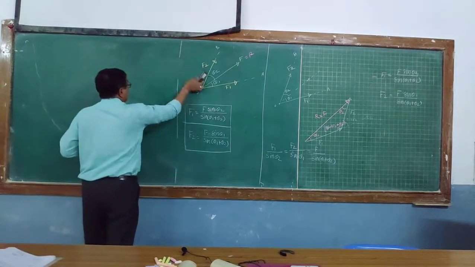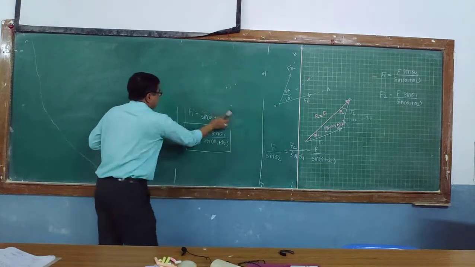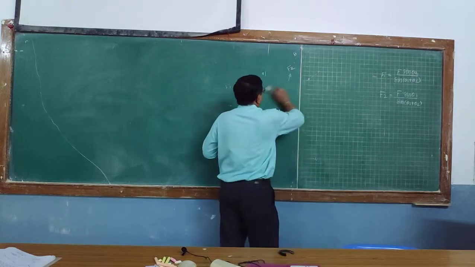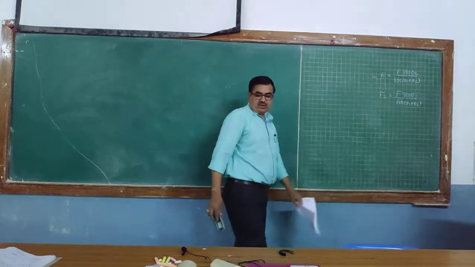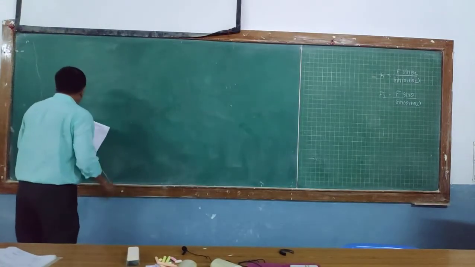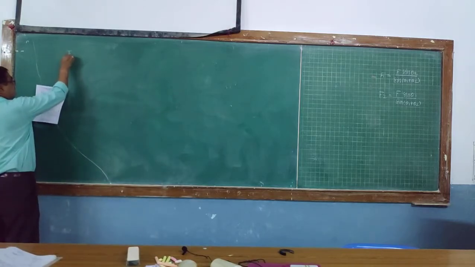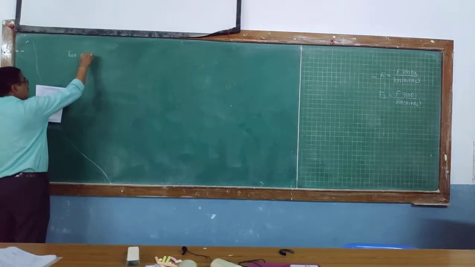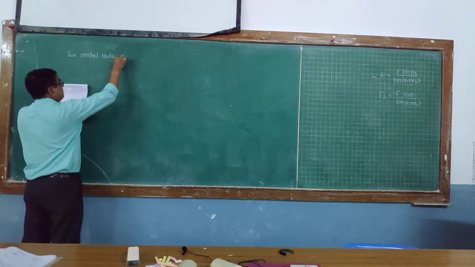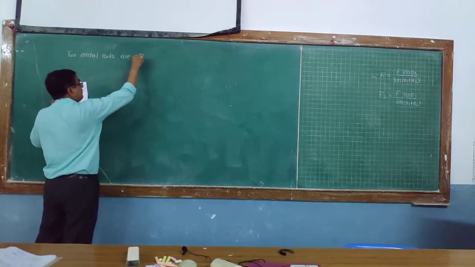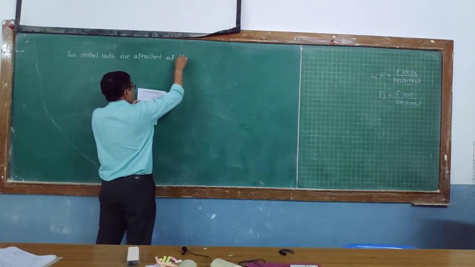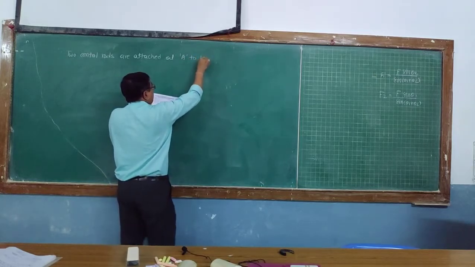So first, I will write one statement on the board, and then we will solve the problem. So these are the two equations to be used. I will not rub these equations. The problem is: two control rods are attached at A to lever AB,